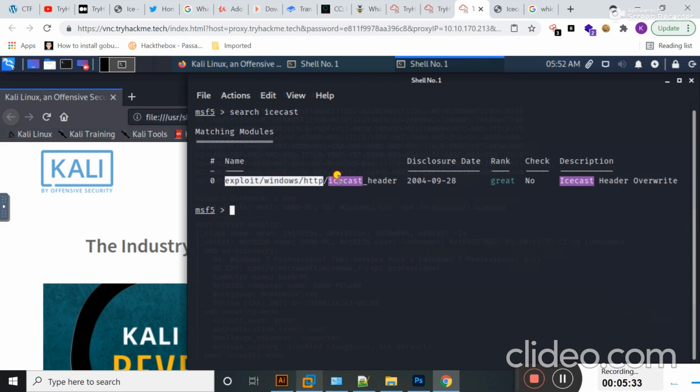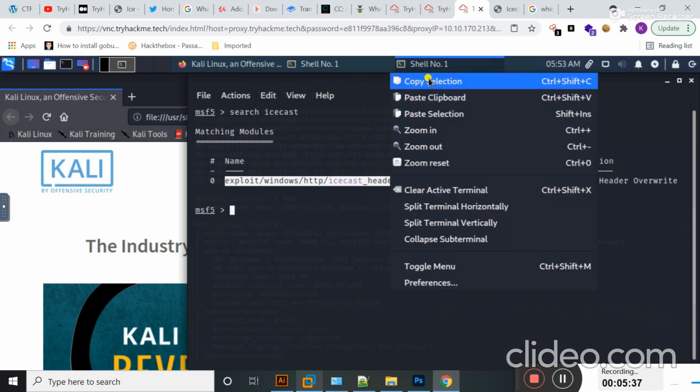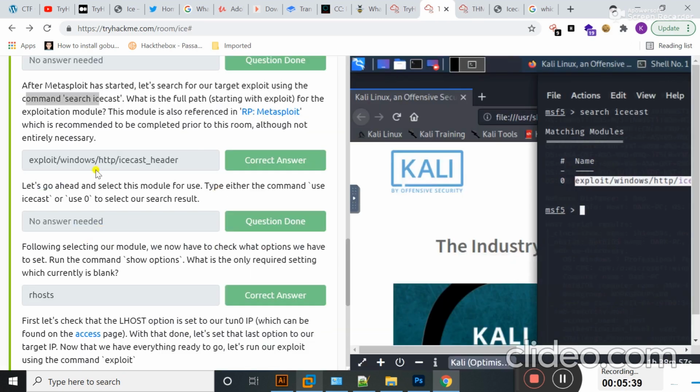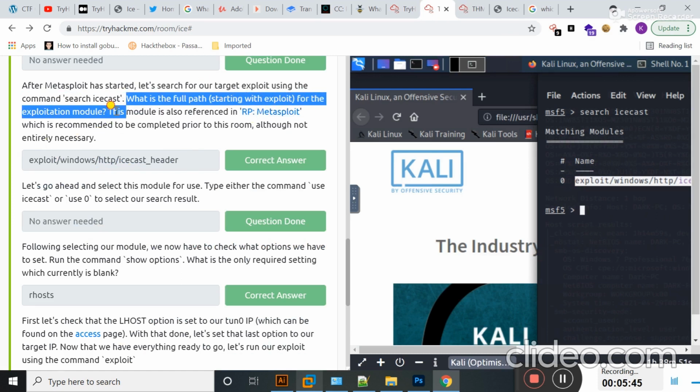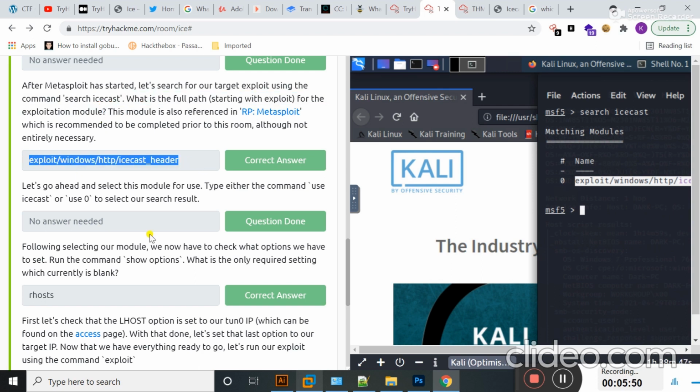The full path of this exploit is from here to here. I can copy this and paste it into the answer place. The full path for this exploit is this one.